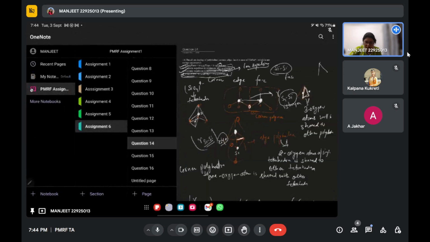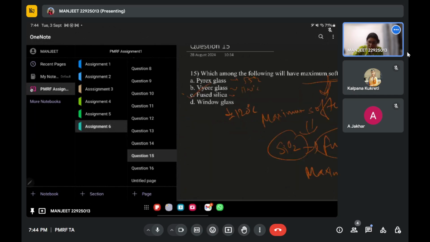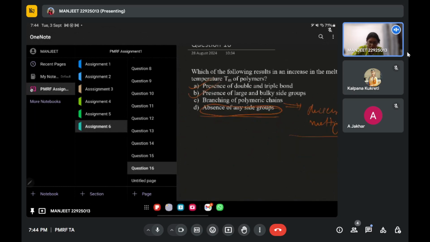In question number 14, what is the relation between the silicon-silicon distance in the face-sharing polyhedra and the corner-sharing polyhedra? In this one, how is the maximum softening temperature related to the SiO2. The maximum amount of SiO2 leads to the maximum softening temperature, and the lesser amount will give the lower softening temperature. In 16, how does the melting temperature depend upon